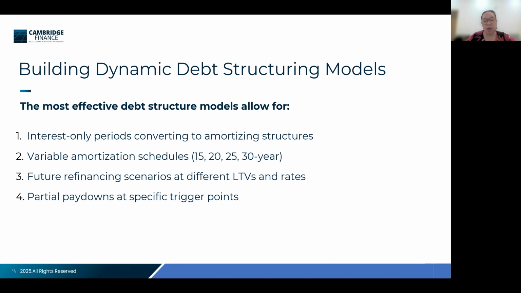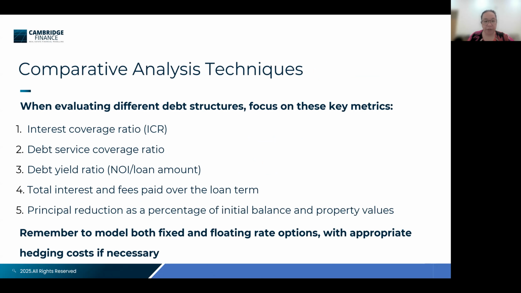So you can also look at those trigger points and have a view of what is the probability, what is the risk of this actually happening. Right. And then when we are building these models, it's very important to analyze the interest and the covenants, which is what is going to be the constraint for the amount that we can borrow, and how we're going to optimize the capital structure.